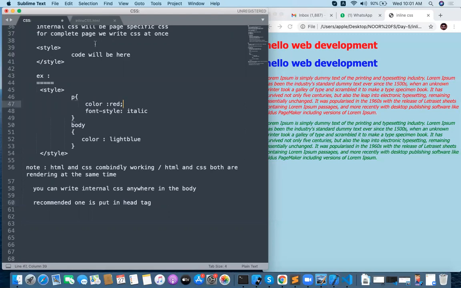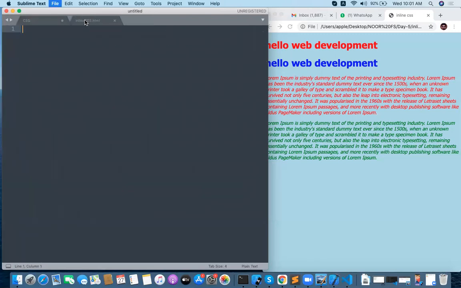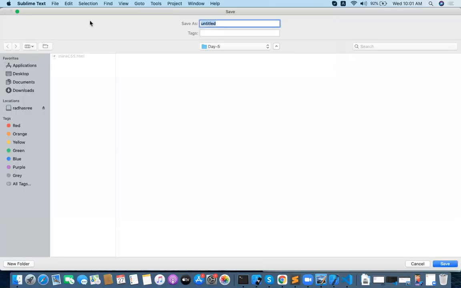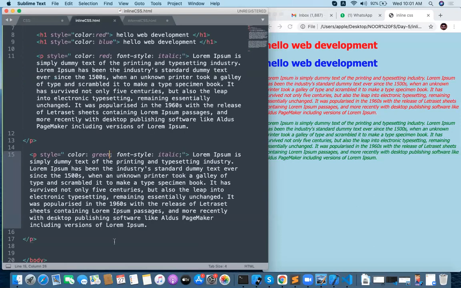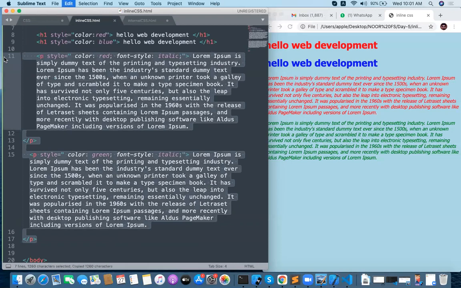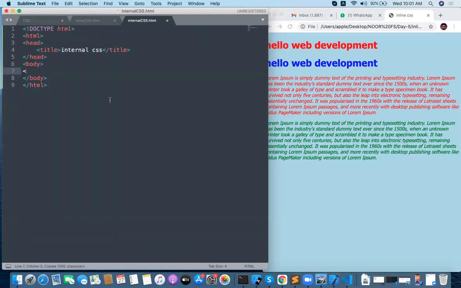Okay, let me take one simple example of how to write internal CSS. Internal css.html. Let me take the same paragraphs, copy the two paragraphs here.